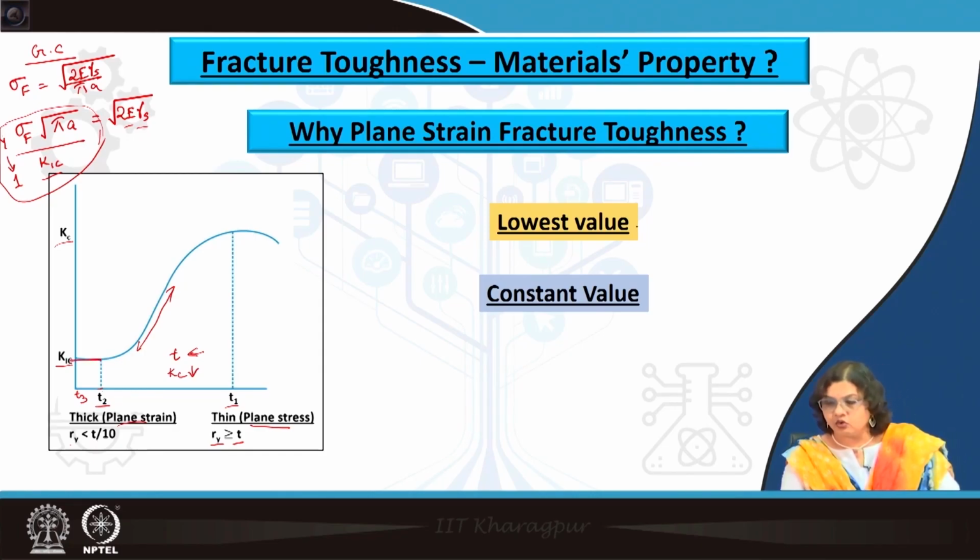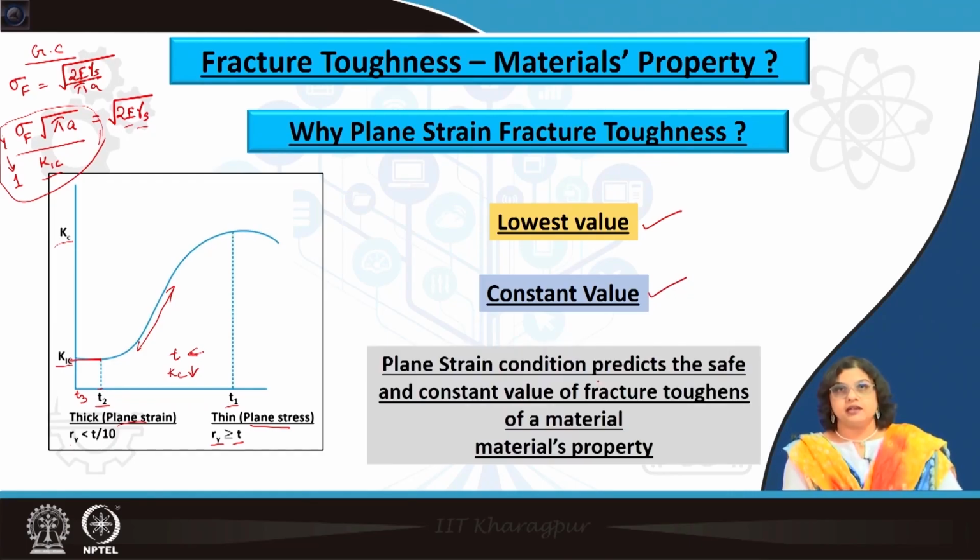So, we are getting the lowest value and we are getting a constant value, and that makes plane strain fracture toughness a materials property. So, typically when we say that fracture toughness of titanium alloy is something like 50 MPa root meter, or some category of steel is, let us say, 35 MPa root meter, we definitely mean about the